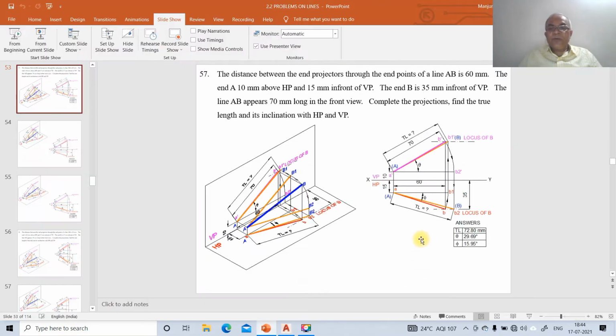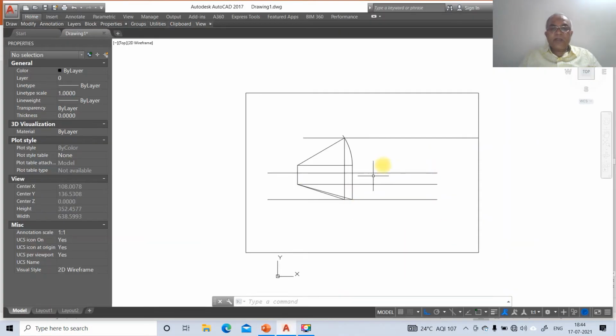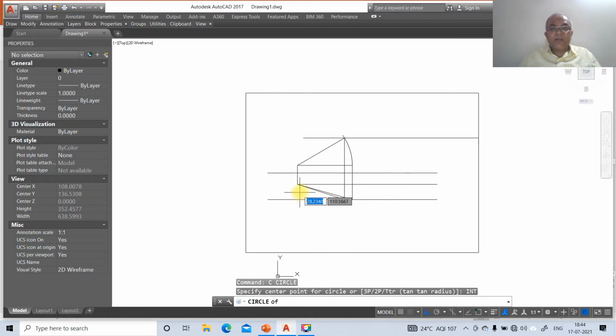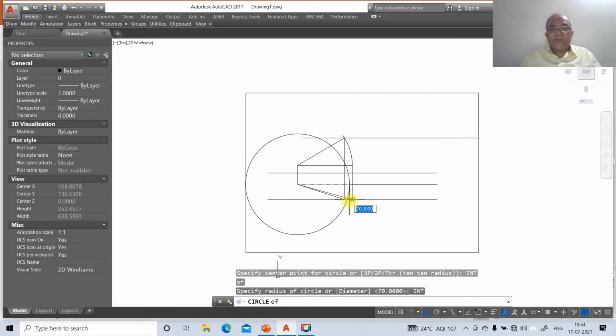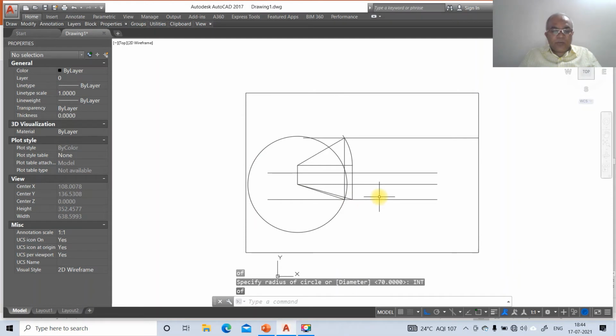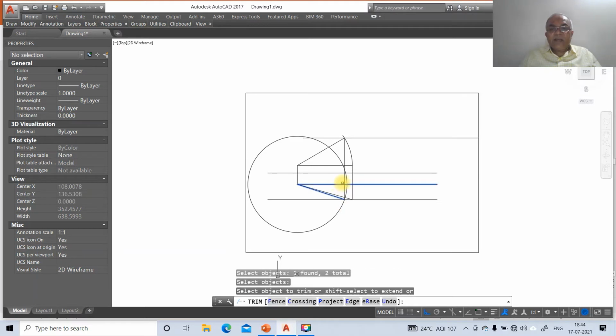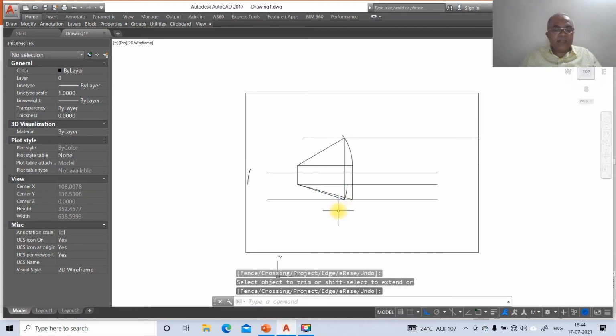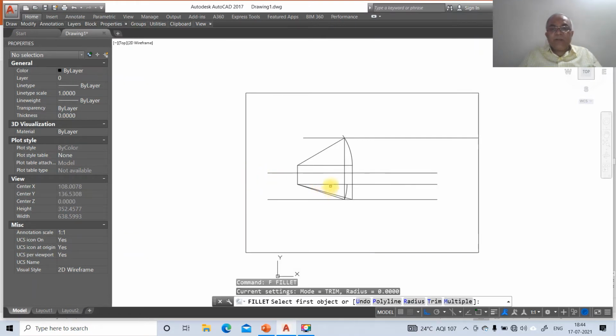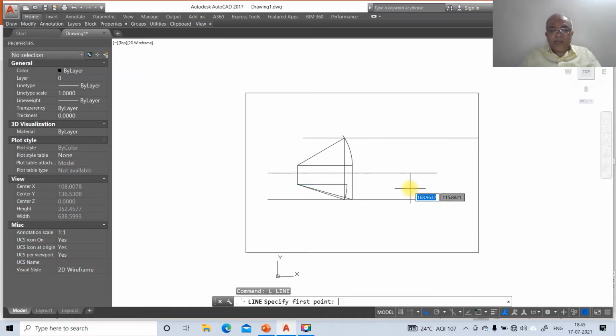Now we need to take the front view. So from here you draw an arc and make it parallel, and then you project this till here. So to do that, go to circle, take int of this and take intersection part of this. Then go to trim between this line and this line, and trim this and this portion, and then go to erase this line, and then go to fillet between these two, and then go to line, take int of this and take perpendicular to this and take intersection part of this. So we have this line.